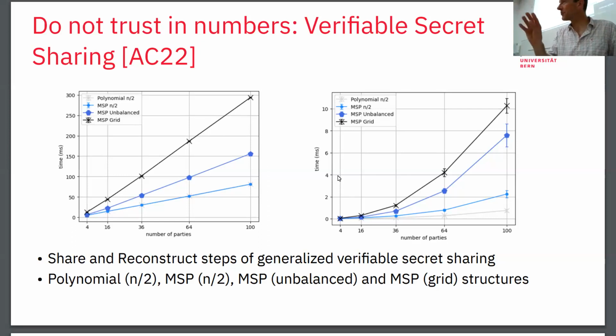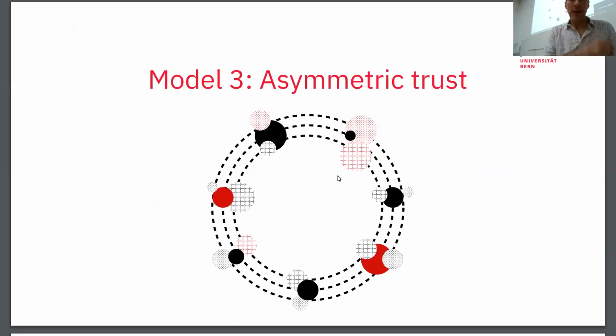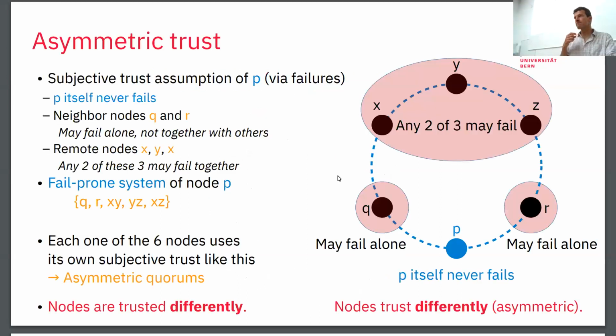As I said, there's no practical chain that uses this kind of model in that form, but there are practical chains that use this asymmetric trust model. That's now going back to the third model I mentioned, where every node has its own trust assumption. Every node has their own, and this really started with Ripple. We went there and started to formalize this a bit more mathematically. We do not end up with the same model that Ripple originally came up with, but with this model here, where we show on the right-hand side the quorum system of P.